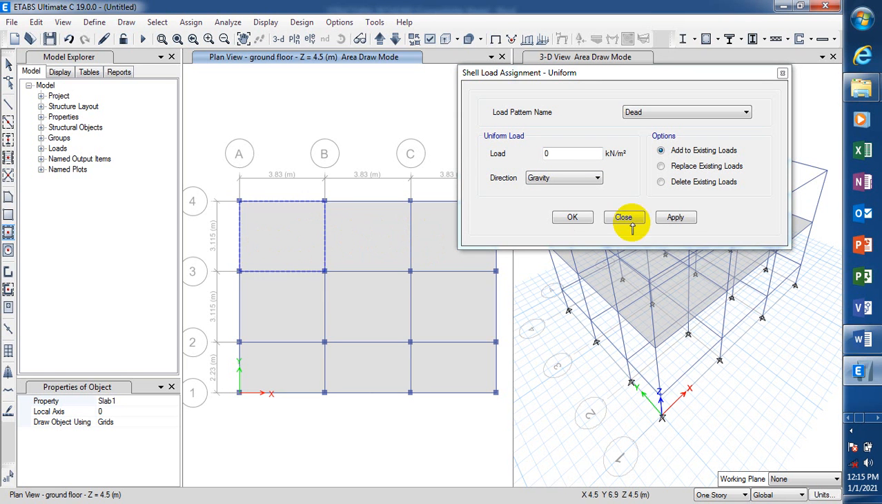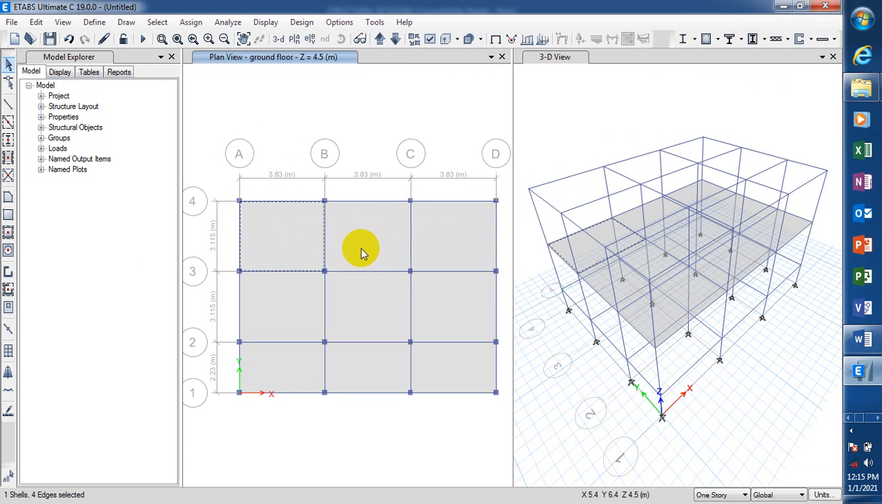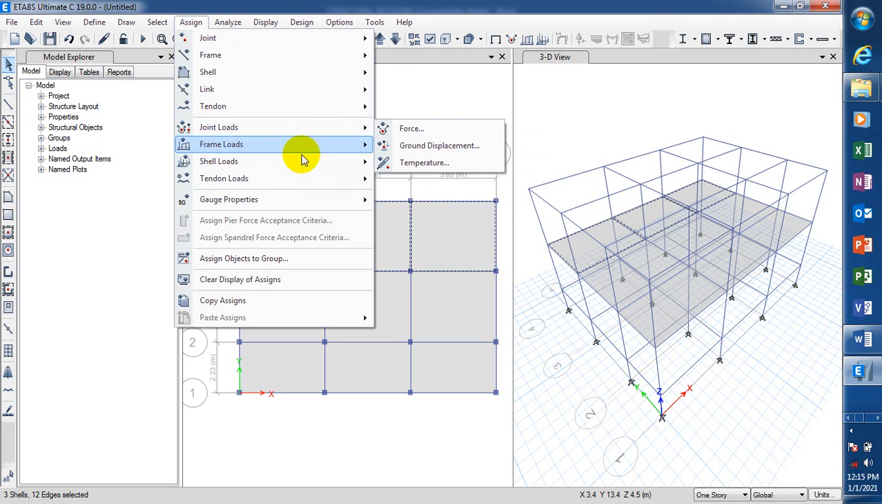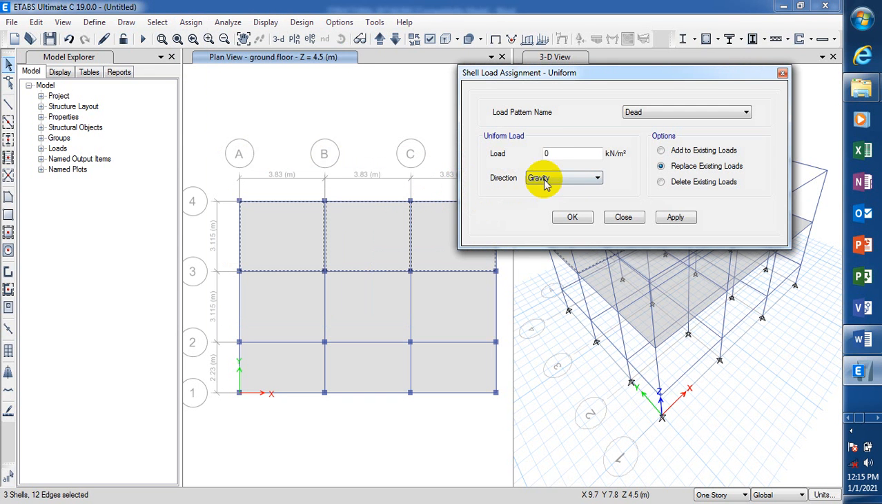Sorry, let me close this. Let me select. Oh, sorry about that. So I'll go back to my assign. I'll go to shell load. I'll come here to my uniform, and then if these are rooms, I will advise you to lay your hands on any of this based on your code of practice in your country, okay? So I'm going to be using BS8110,